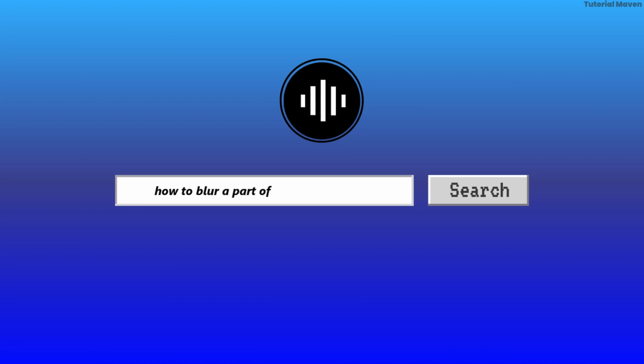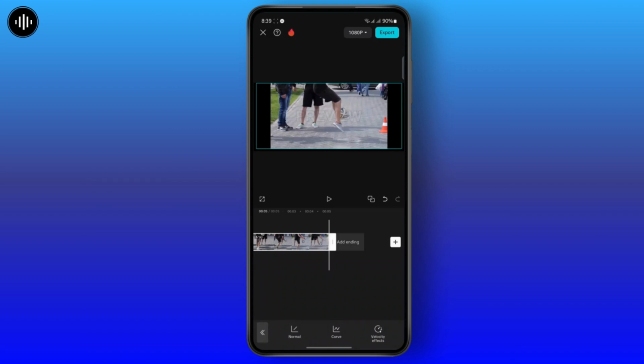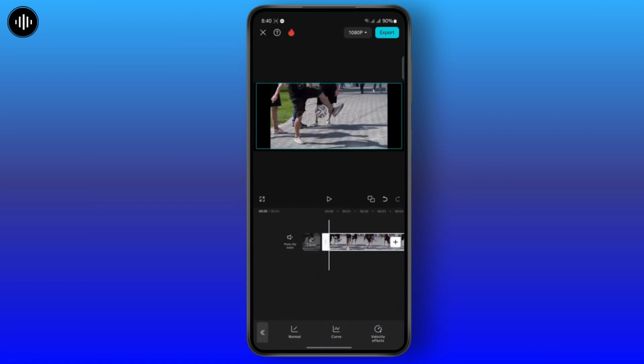How to blur a part of a video in CapCut. So the first thing that you want to do is open your app and import the video. Once you have imported your video, you can just tap on it, and from here what you want to do